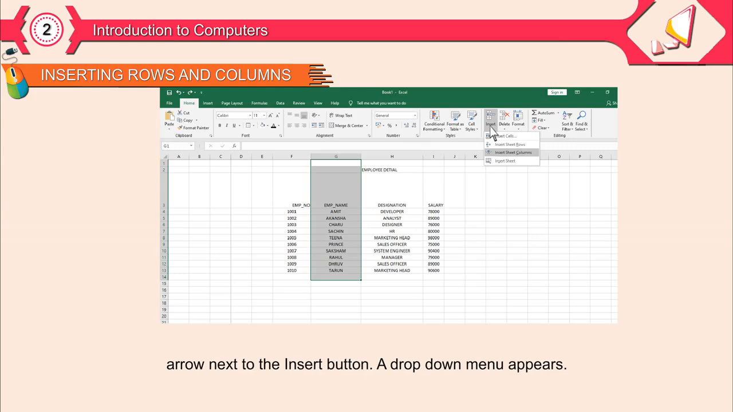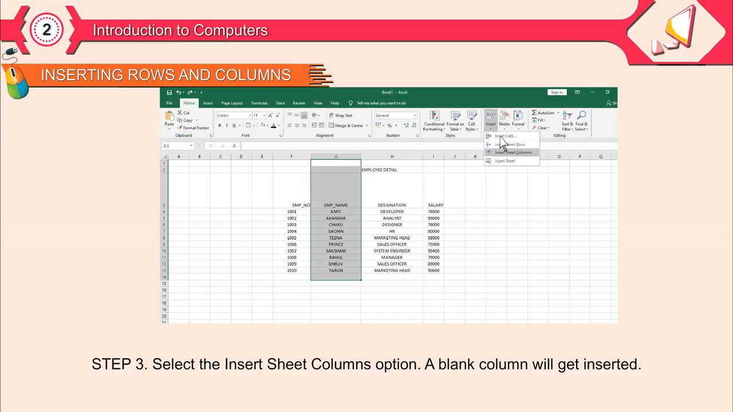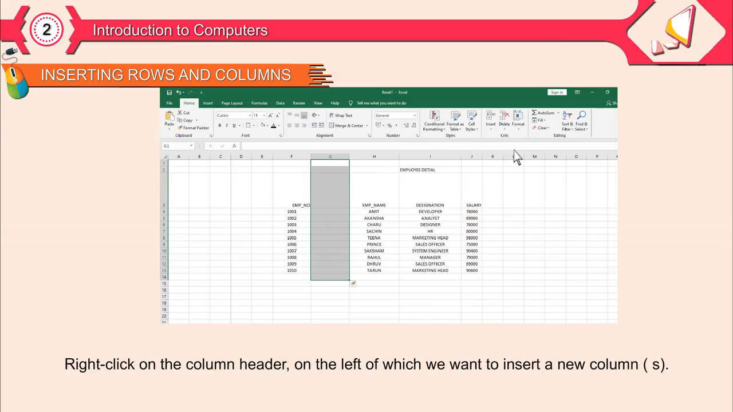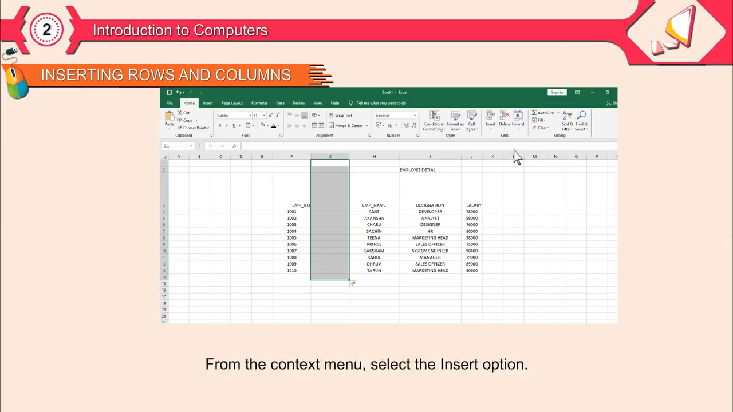A drop-down menu appears. Step 3. Select the Insert Sheet Columns option. A blank column will get inserted. Or right-click on the column header on the left of which we want to insert a new column. From the context menu,